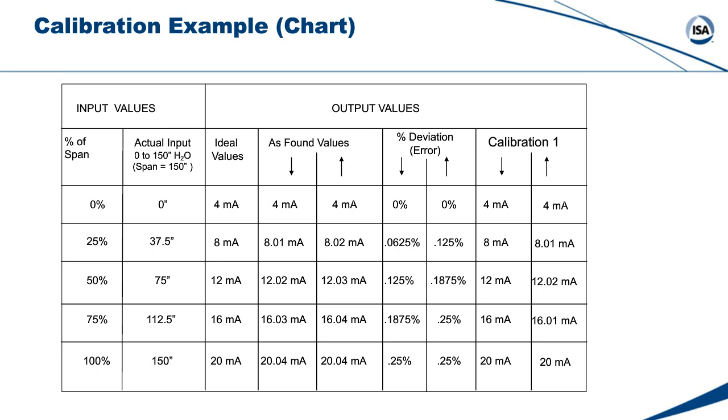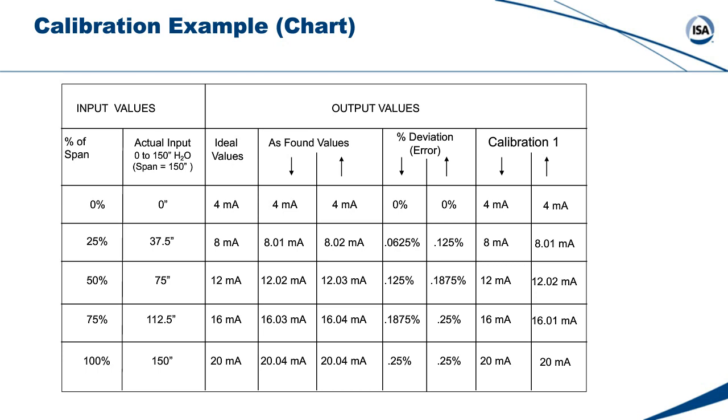If a transmitter requires calibration, the zero and span for the transmitter can be adjusted to help reduce the measurement error. With our analog transmitter, we saw that there was a zero and span adjustment on the transmitter itself. Zero adjustment is made to move the output to exactly 4 milliamps when a 0% process measurement is applied to the transmitter. And the span adjustment is made to move the output to exactly 20 milliamps when a 100% measurement